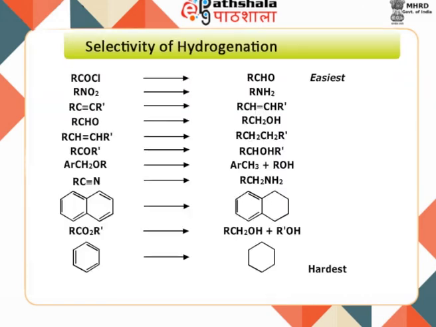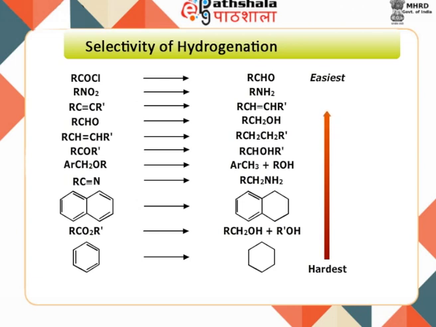Let us now focus on the selectivity of this hydrogenation reaction. The selectivity of a hydrogenation catalyst becomes important in the light of numerous hydrogenation catalysts which are available to the chemist. A question arises: what type of catalyst must be used for a particular type of hydrogenation reaction? Let's have a look at how the functional groups present on the substrate are important.